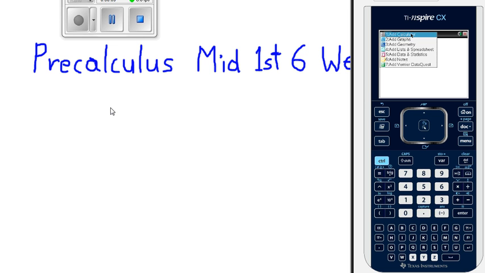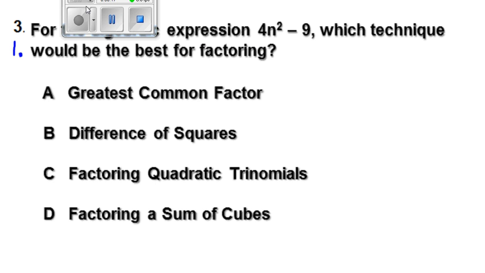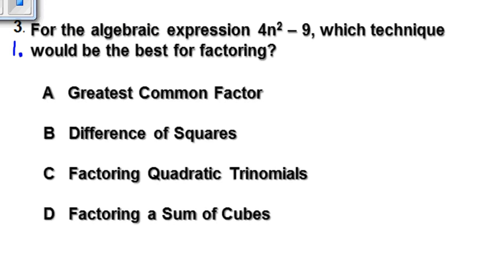Precalculus, mid-first 6 weeks exam. We're going to start out with this one, problem 3, and one test is problem 1 for the algebraic expression